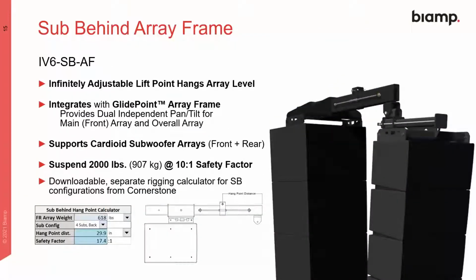So the sub behind array frame, or the SBAF. Again, you've got two essentially infinitely adjustable glide points. You can see on the top mounting bracket where the carriage is, where your PY1 would attach. So you've got a trolley at the back that moves back and forth to achieve balancing of the system. And independent of that, there's also a separate trolley for the full range array. So we can level our subwoofer system, but also achieve the needed down angle for our full range